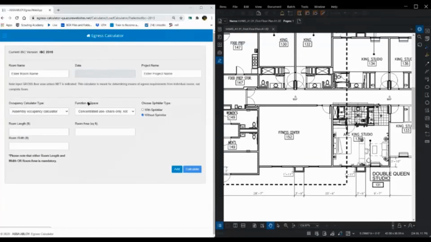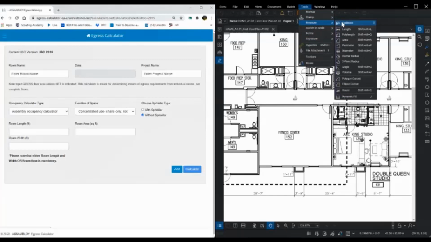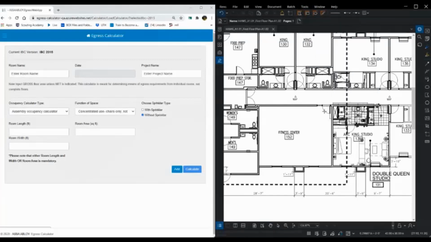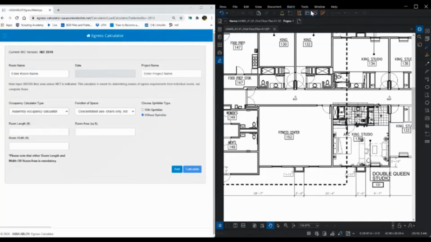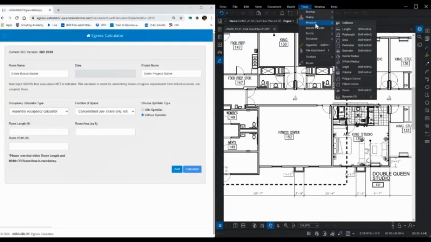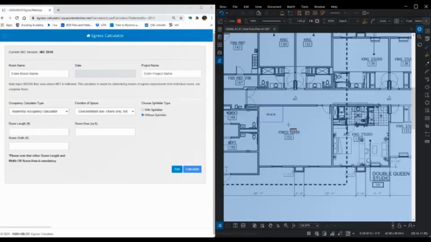And if I want to verify this in my egress calculator, first I have to calibrate. If you go to Tools and then you come down to Measure, you can calibrate the scale. I know this door is 3 feet wide, so if I click there and click there, then I can input that it's 3 foot and then hit Apply Scale. And now I can go back to the Tools and Measure and get the area. There's 2 ways I can get the area. I can just click on the corner and drag it out to the other corner and let go. And that tells me